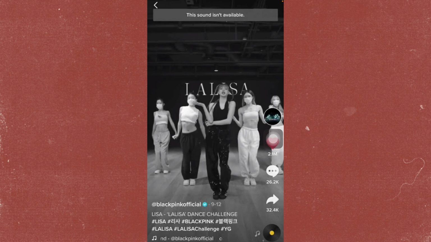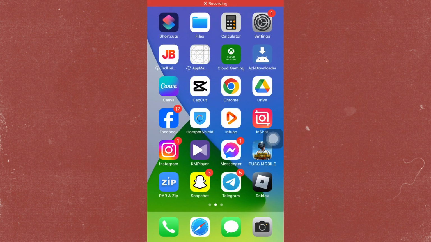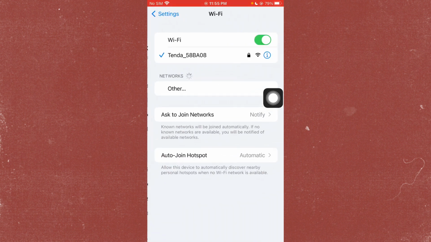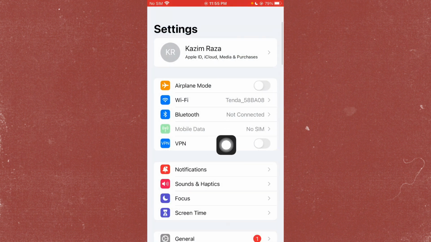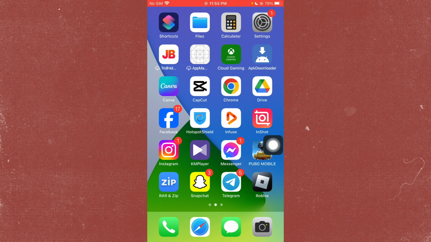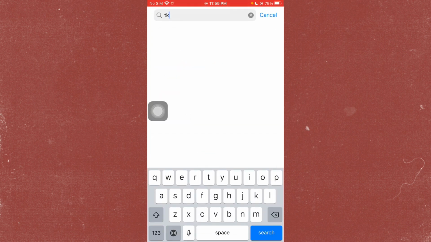First of all, you have to go back to your home screen and now you have to open your settings. Make sure that you are connected to a strong internet connection, and now you have to turn off your VPN connection if connected, and after doing this you have to go back. And guys, after this you need to open the App Store on your iPhone or iPad, and after opening it, here you need to search TikTok,